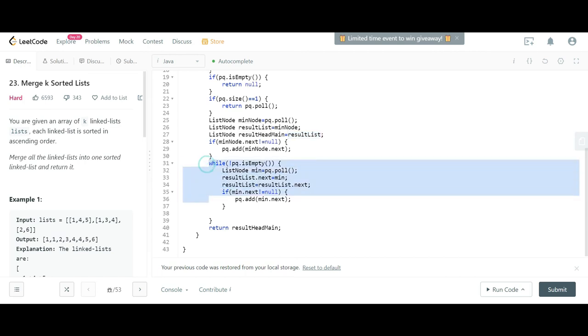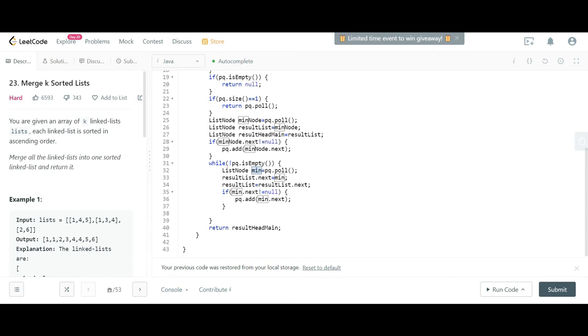Now we will do this until the priority queue is empty. Same thing: we first pick the minimum node, and then in the result list next we assign the minimum one, and then we do result list equal to result list dot next, because we are proceeding the result list.